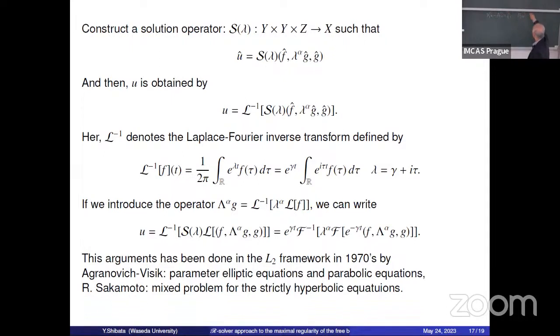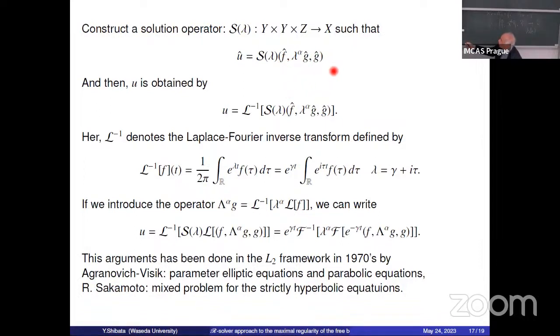G. Then solution U in some sense depends on this boundary data F, but the point is that now some kind of fractional derivative of G hat and G hat, this triple is going to the solution U. So this map, I write S lambda. So S lambda gives you the solution operator,